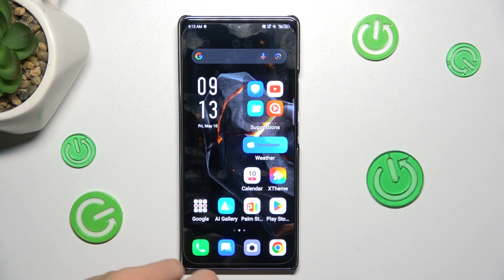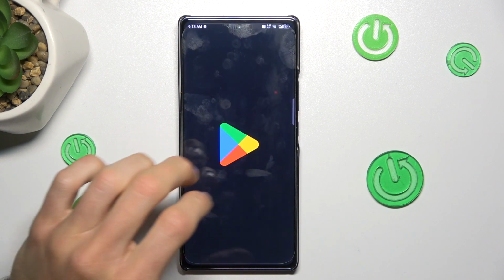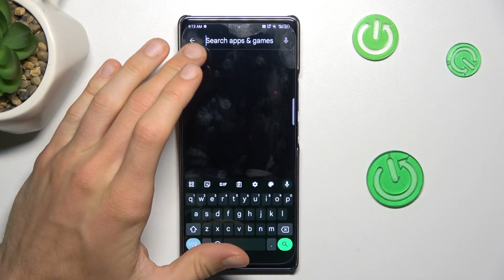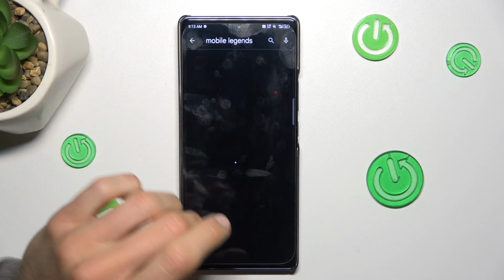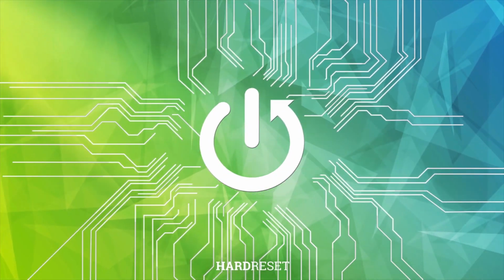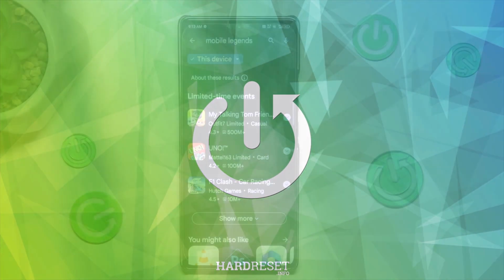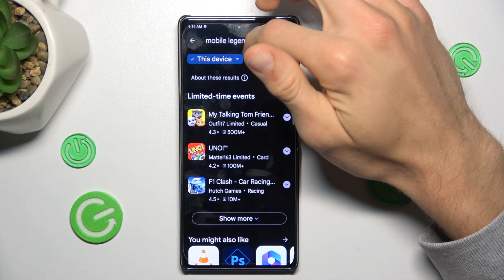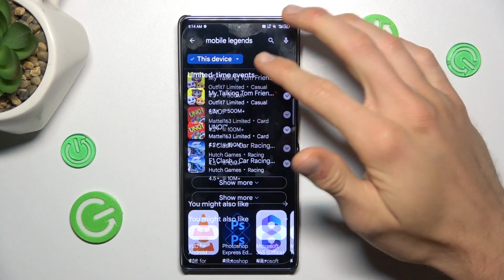Today I have INFINIX Note 40 and I want to show you how to fix the problem when your game or application are not visible on your Google Play Store, as in my situation. When you have the same problem as mine, you search your game but it isn't visible, we can install it,